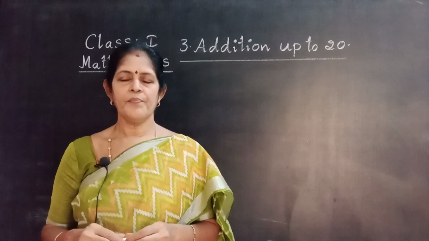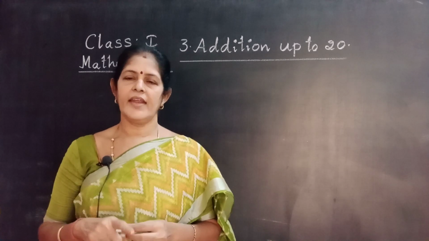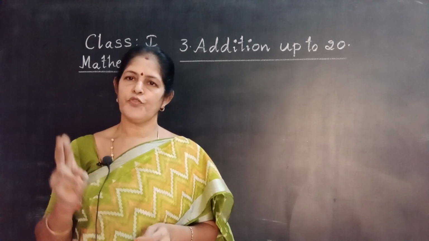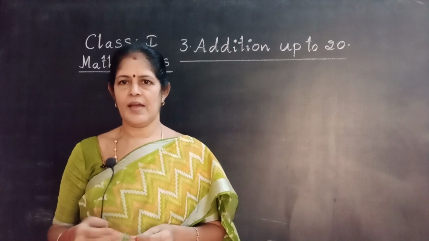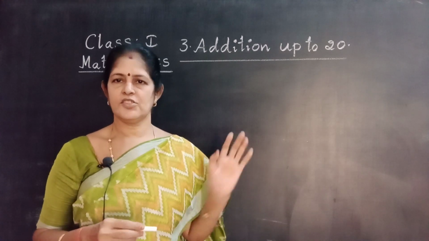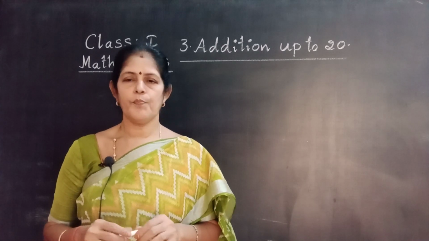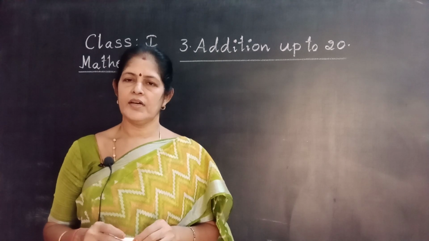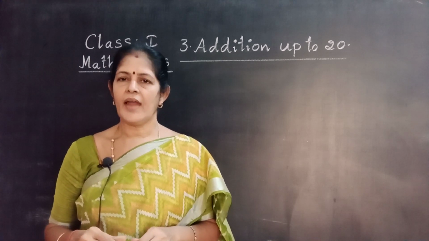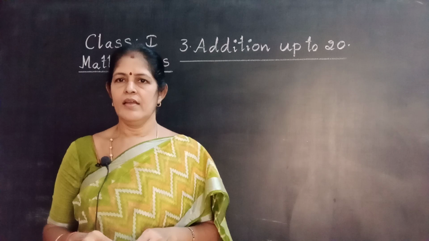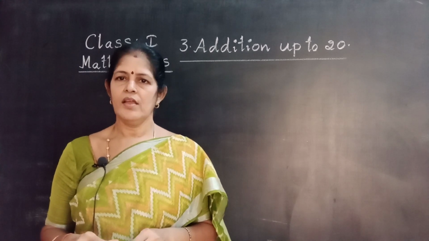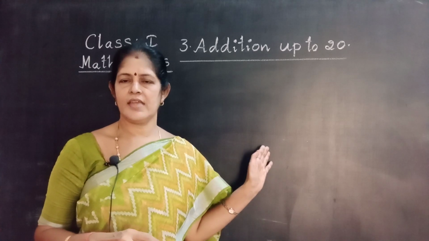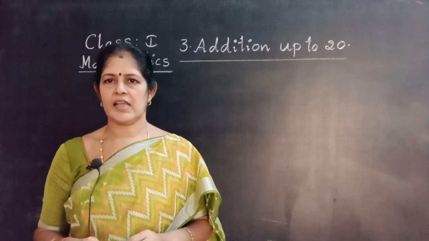Okay my dear children. Next, with addition of one digit number to one digit number, addition of two digit number with one digit number, you learned in this chapter, and simple word problems, isn't it? And add the given numbers on the number line and find the missing number. Find the missing number you learned. Once I am going to revise all the concepts, then go to today's class.